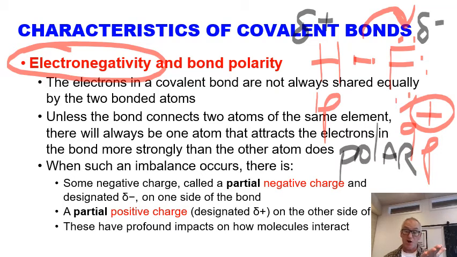So we have a partial positive. It means it's not complete. It hasn't lost the electrons completely, but that pair of electrons is spending a whole lot more time in fluorine's neighborhood than hydrogen's neighborhood. So we have a partial negative on one side, we have a partial positive on the other side. And this